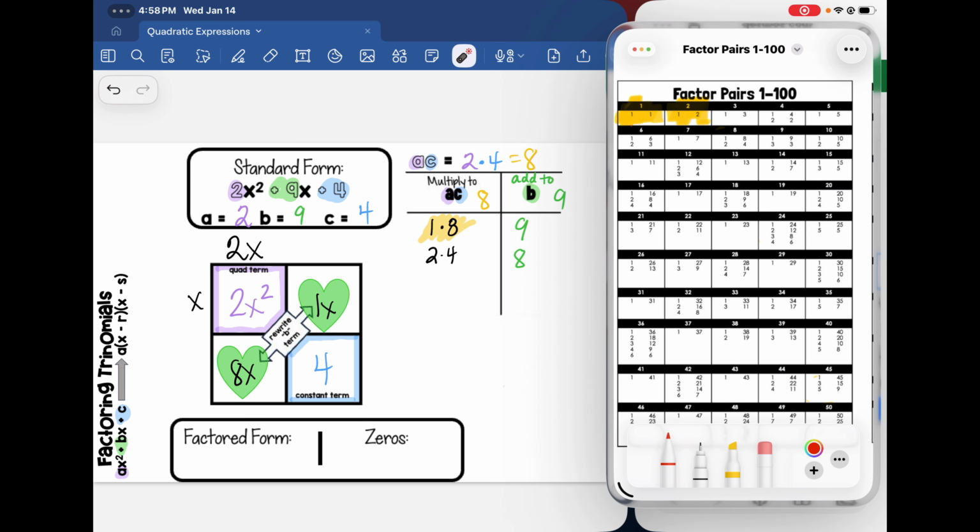What's the biggest number that they have in common? 1. So on the outside of this row, the greatest common factor between 2x squared and 1x will simply be 1x. Because 1x times 2x gives me 2x squared. 1 times 2, 2, and x and an